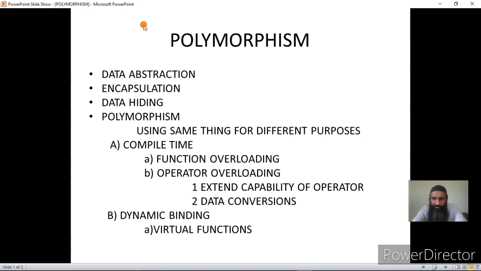Now this binding is achieved at runtime, and binding a pointer to the function of a base class or derived class means storing the address of that function within that pointer.